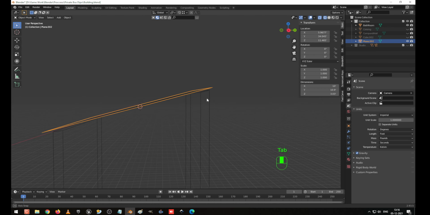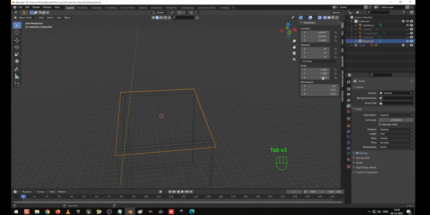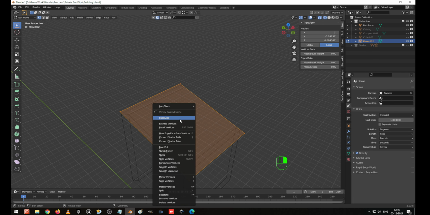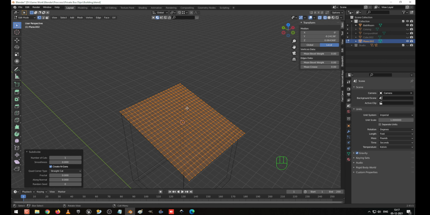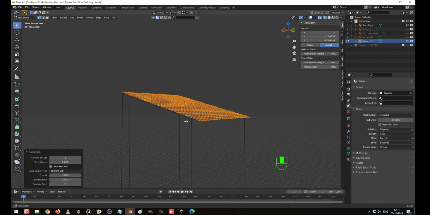Now I go to object mode, I select everything, go to object mode, okay, object mode, you can see the scaling is the same, so not an issue. Right click, subdivide it many times, so up to 10 we have done. So again I right click and subdivide it. So this is the thing required first for us.